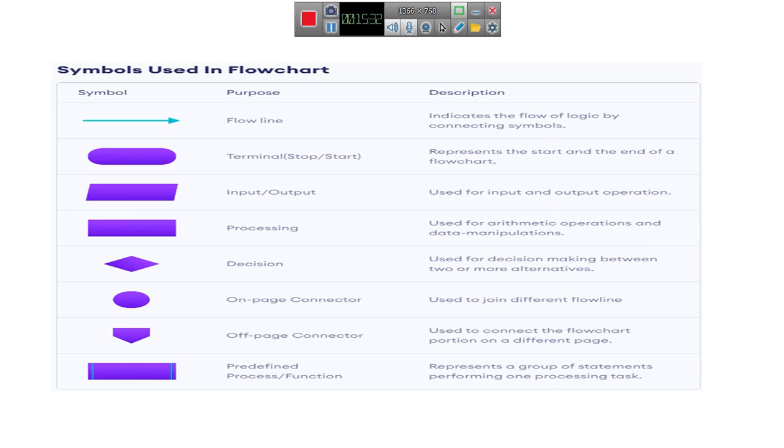The next symbol is input and output, used for both input as well as output. If you are taking any input into a program, for example for adding two numbers, we have to take two numbers into that algorithm or program.